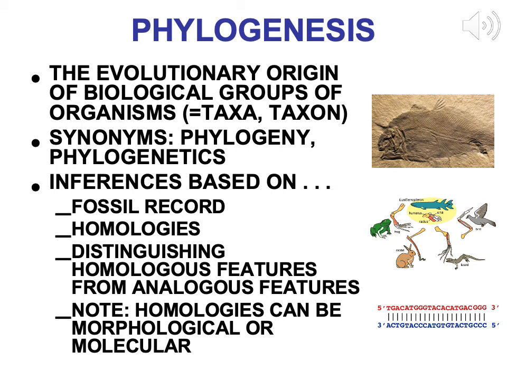Basically, we're taking a look at a group of organisms trying to come up with some kind of evolutionary history, and that's going to involve a number of inferences. These are conclusions based on fossil record, based on homologies, based on distinguishing homologous features from analogous features, and lastly, we will note that homologies can be morphological or molecular. Now, I'm going to go ahead and define what homology is first, and we'll talk more about it on the next couple of slides. Homologies are